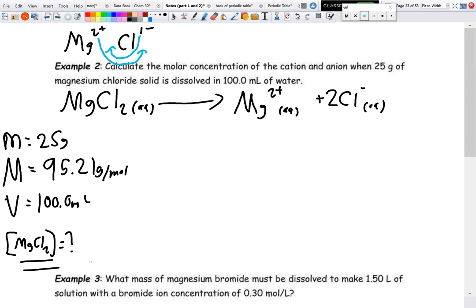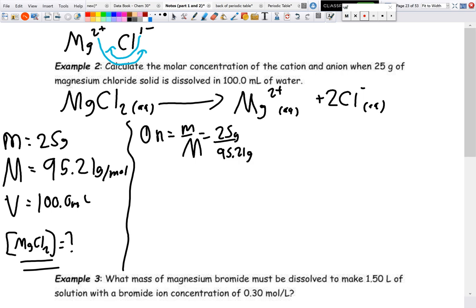So we've actually looked at solving problems like this, and hopefully you kept up with the practice of the concentration stuff in order to solve. So we are going to find concentration. Remember, that is a two-step process when we're given mass, right? So step 1, number of moles is equal to mass over molar mass. We got our 25 grams divided by our 95.21 grams per mole, and we're left with